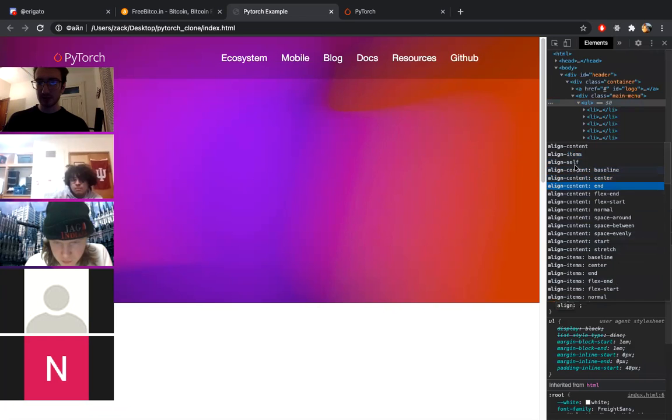There's a lot of aligns. There's align items, align self, align content. So align items is what we used. Align items only works on